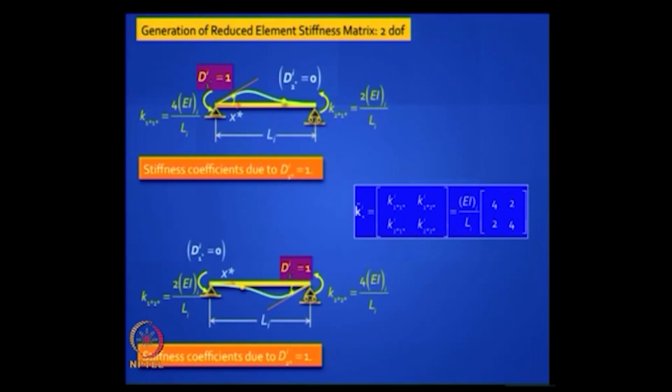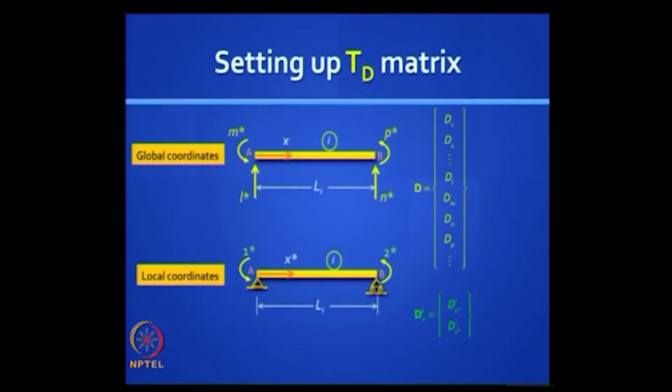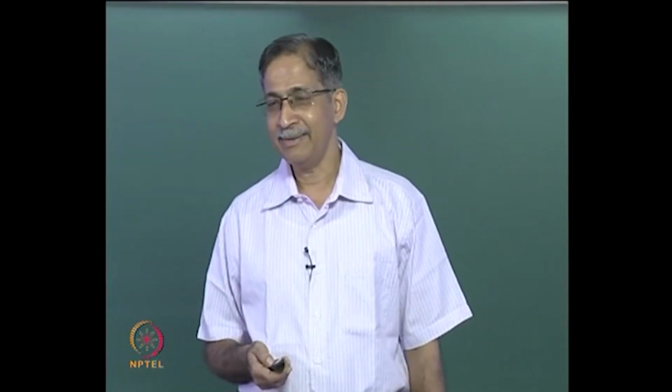That matrix is very easy to remember: 4EI by L, 2EI by L, 4EI by L, 2EI by L. The diagonal elements are 4EI by L, the off diagonal elements are 2EI by L. They are all positive and you physically know the meaning of each coefficient in that matrix. We also learned how to set up the TD matrix, and the real